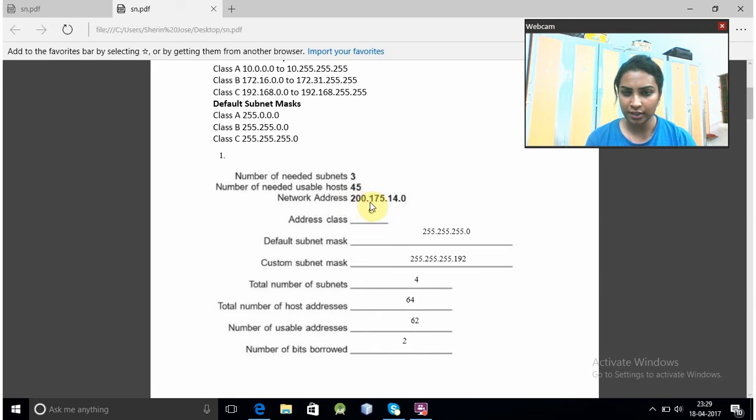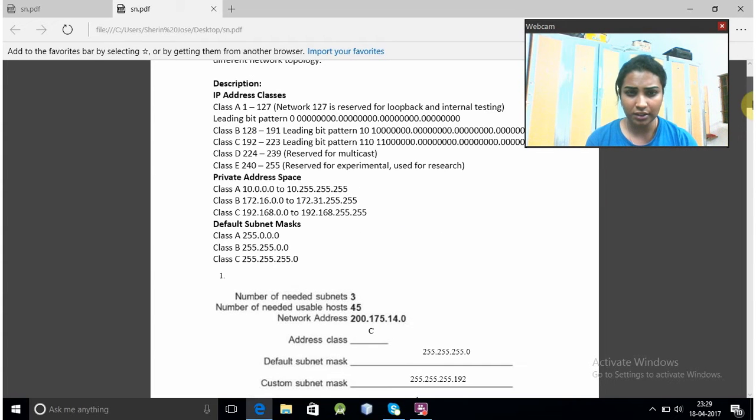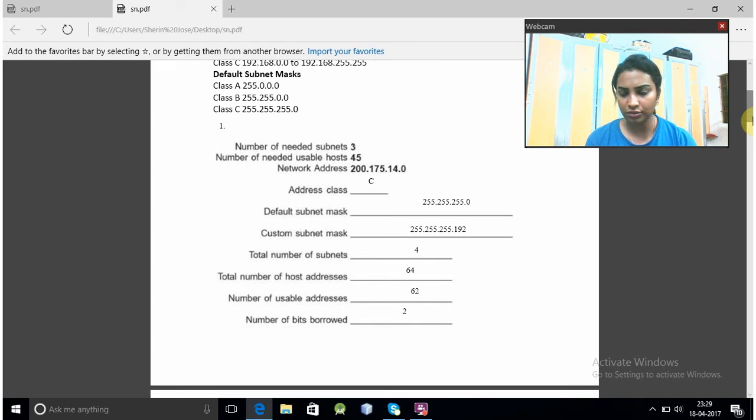So here it is 200.175. As we know, class C is from 192 to 223. So this is from 200, so it is in class C. The default subnet mask of class C will be 255.255.255.0. The custom subnet mask, since the number of needed subnets is 3,